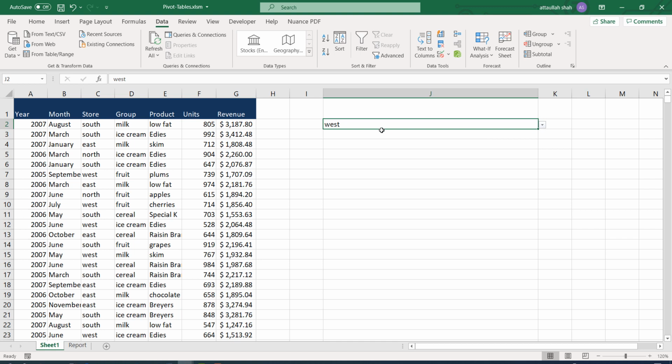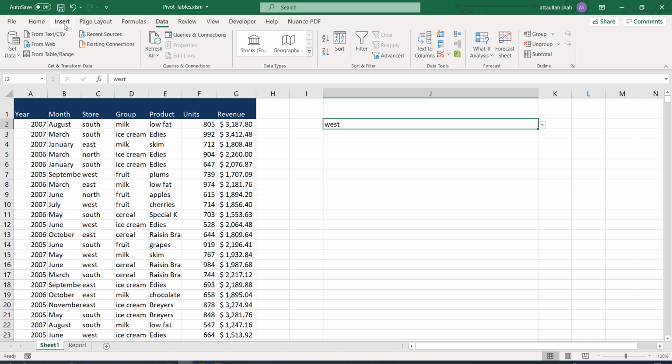So the idea is, when we select a store, there should be a clickable button that will generate a report for that specific store. At the moment we haven't enabled a macro or modified the macro so that it works on a specific value, but we have a macro that will create a report just for North Store. So at the moment, let's create a button that can perform that task, and later on we will modify the macro so that it can work on any store.